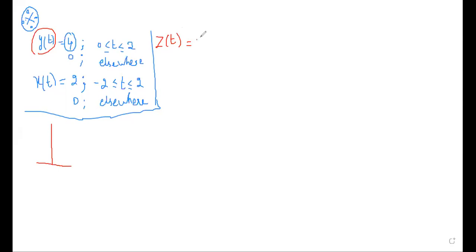Z of t is equal to convolution of my input signal x of t with the impulse signal y of t. Always x is the input. If they give some unknown variable instead of h, that we will consider as an impulse signal. I hope you are getting it. Normally impulse we use h, but here instead of h they are using y. So there is no problem if they use different variable. If y is impulse, then I cannot use y as the output again. I will take z of t as the output.